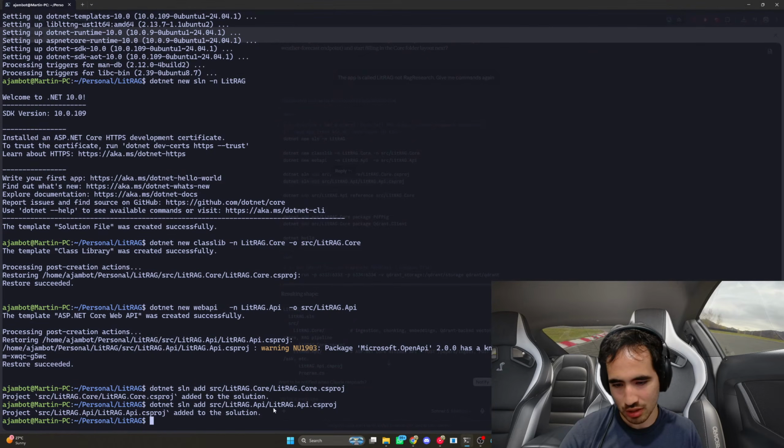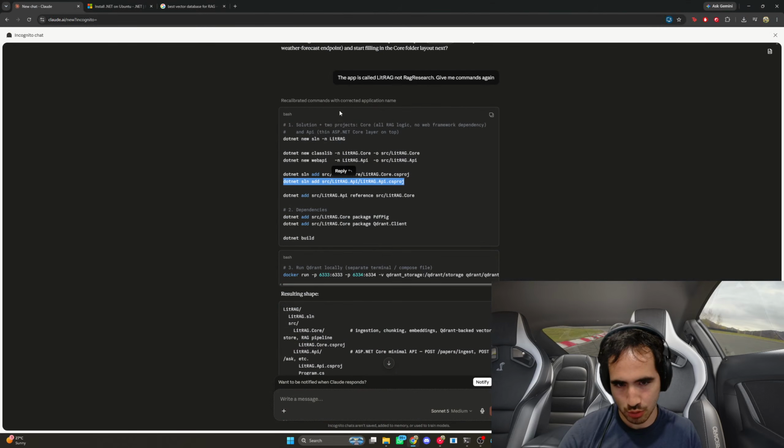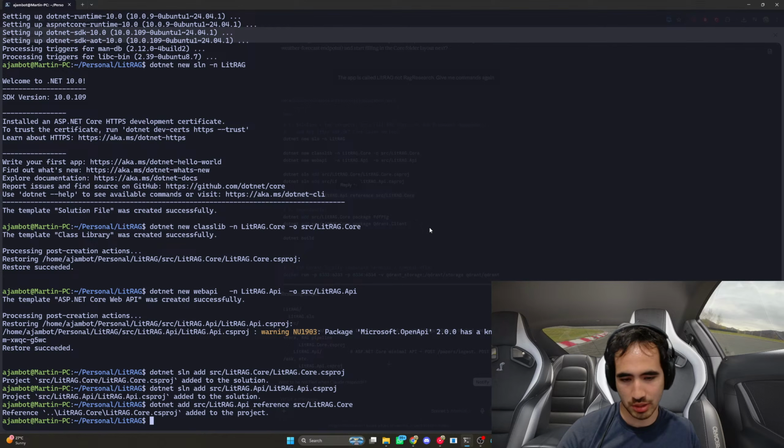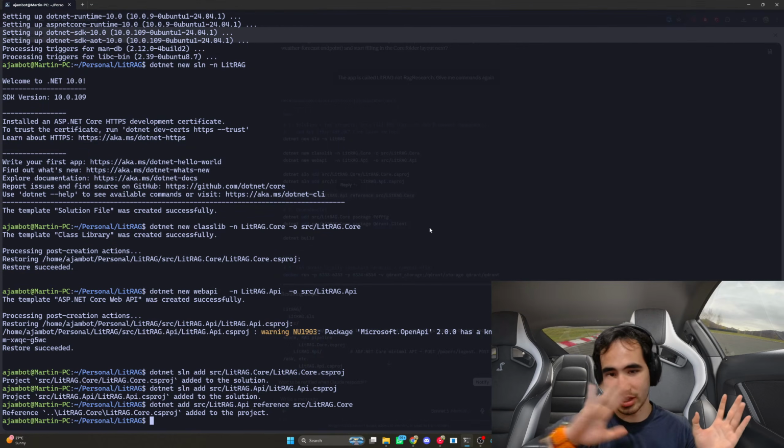Like you write down your dependencies for each part in the CS branch. It's like a build file, kind of. Then litrag API is gonna reference litrag core. So this is what we were talking about: the API is just gonna be the serving code, and then we're gonna reference everything from core.